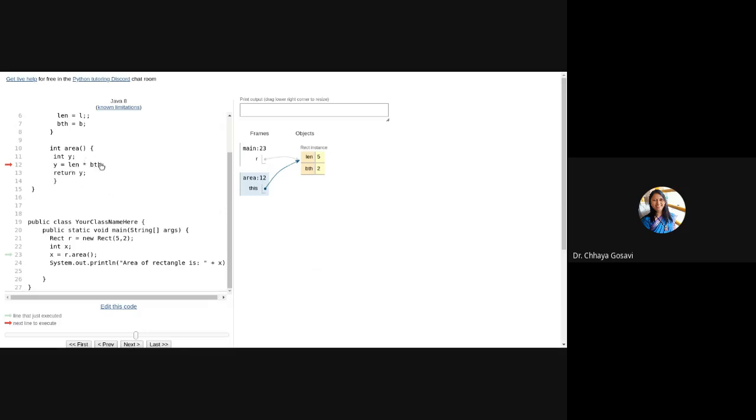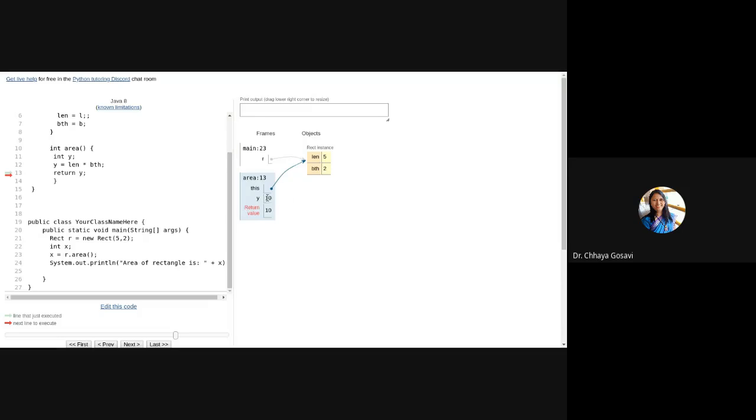Note that length and breadth are of r, where r has length 5 and breadth 2. You call this method with r, so it will point to that particular object, pick length as 5 and breadth as 2, calculate the result as 10 and return this value y.